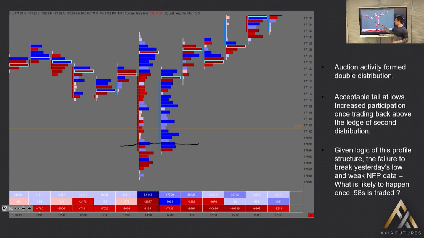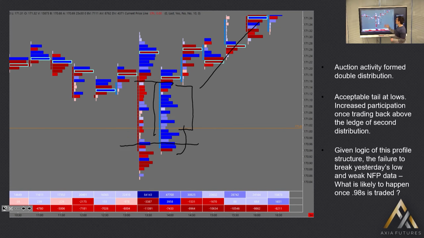Now once the market trades above this, 96s, 97s, there should be a decent bid that comes through. And if that occurs, the way it did with this decent volume on the next print, we should not only trade above yesterday's low, 01s, but just purely taking the double distribution structure, we know it should fill at least to here, and at least test the low of this distribution. In doing so, we have a decent amount of ticks you can grab as a minimal target. And if the market does decide to finally go on the bad NFP data,